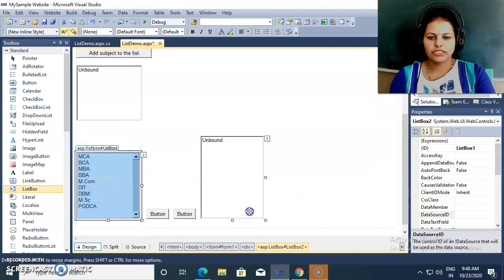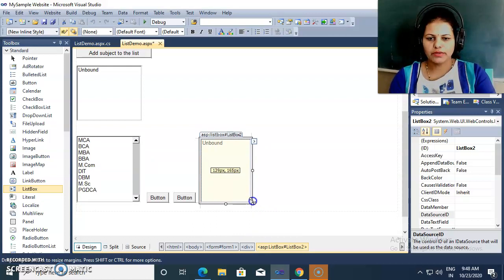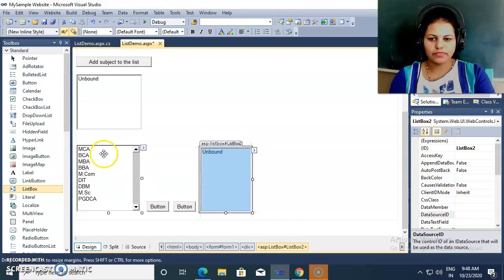Now what is the functionality I want here? The end user may select multiple items from this list and he or she can add those selected items to this another list.